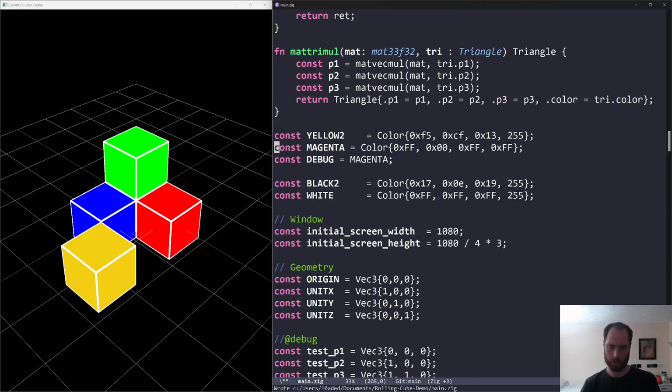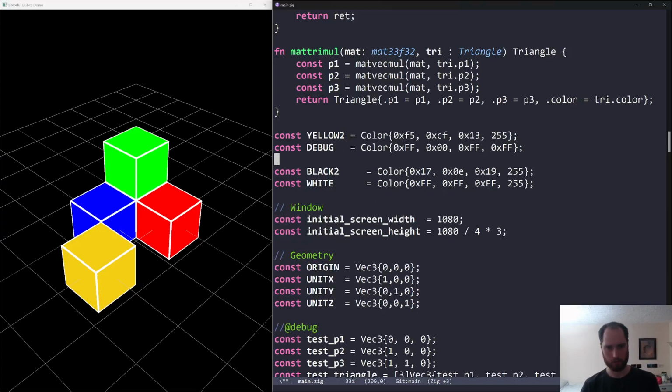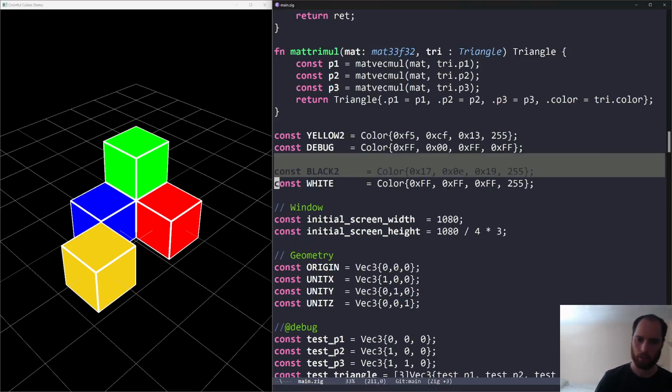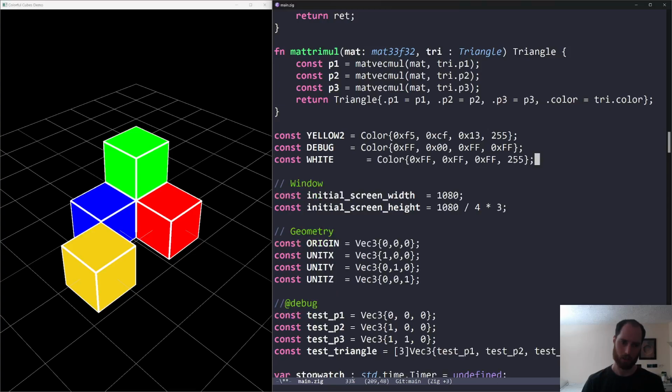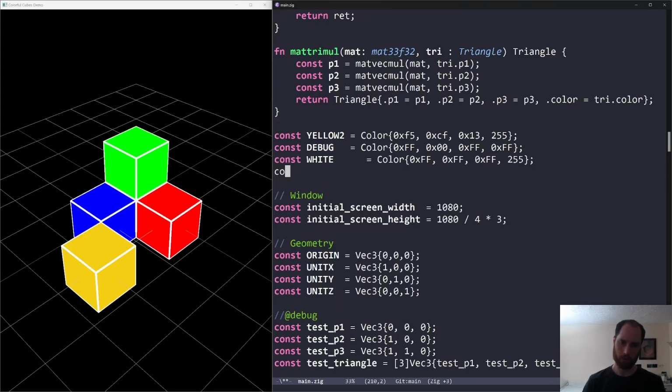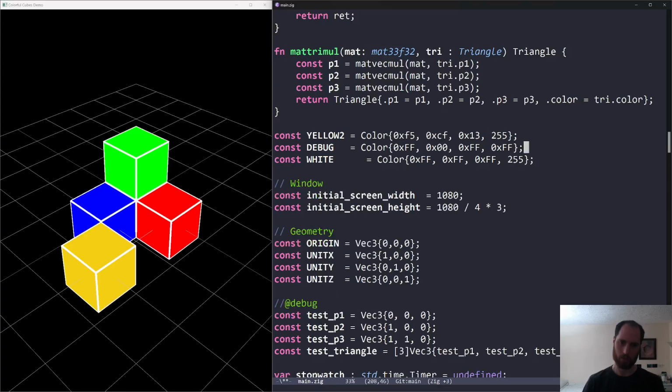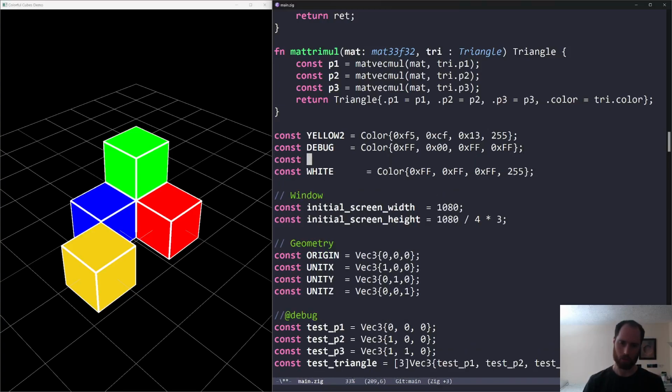Let's still leave these in for debugging. I think we did actually have to assign these. But in such a case, we can just call this debug and get rid of the magenta. Ooh, we do need the white, and I still think we do need the black for the background. So yeah, we just have the black,